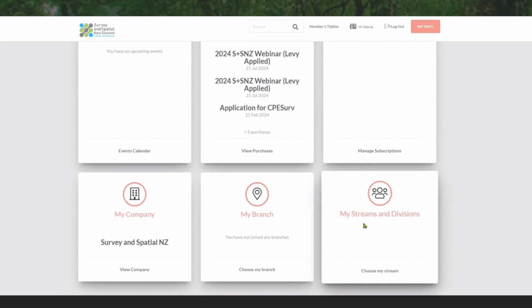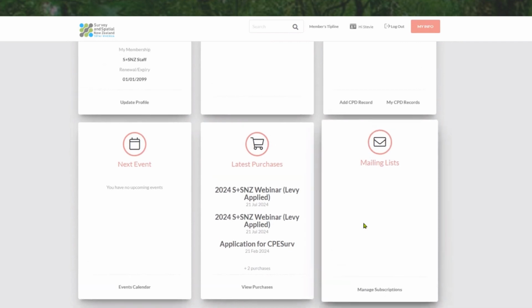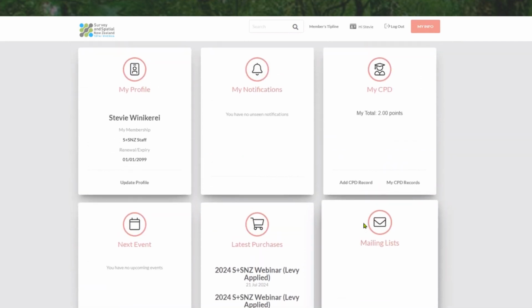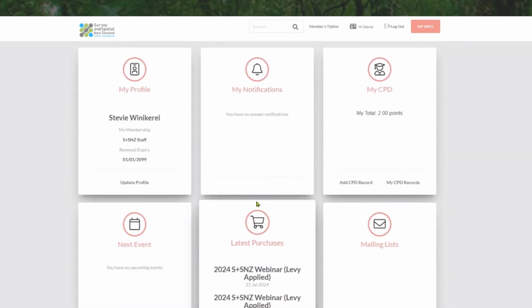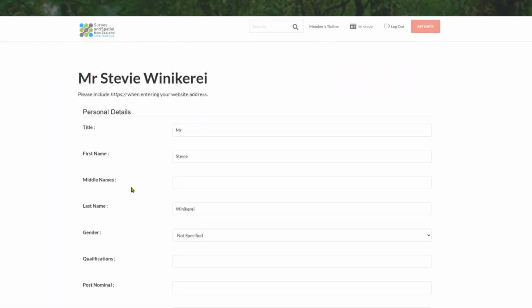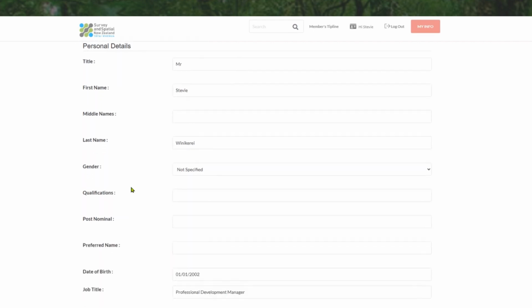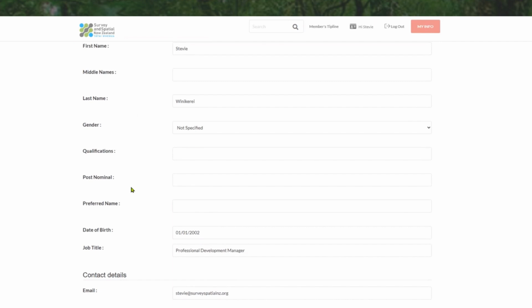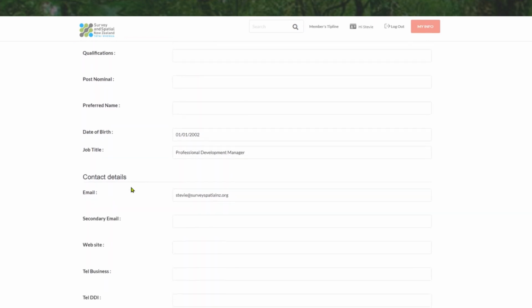What we're going to look at first is how to update your membership profile. So if I come back up to the top left and look at the membership profile, I'm going to click on the Update Profile button. And that's going to take me to the web page that contains all of my personal information. So you can see there my personal details, the qualifications I have, date of birth, the contact details, and something